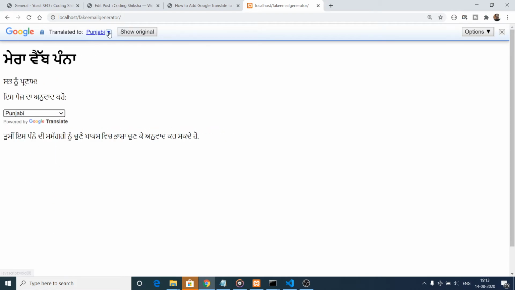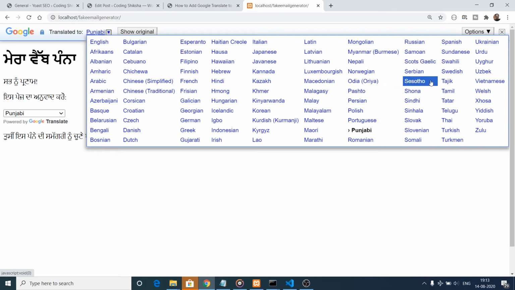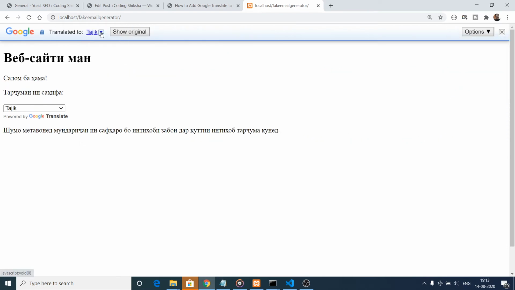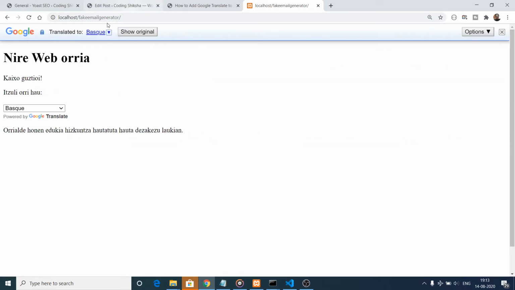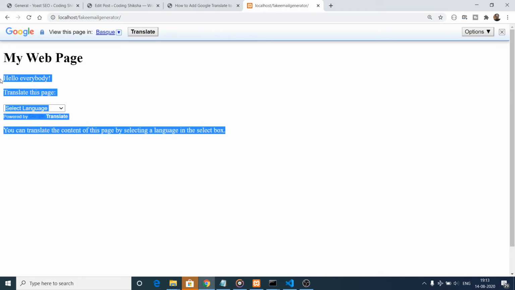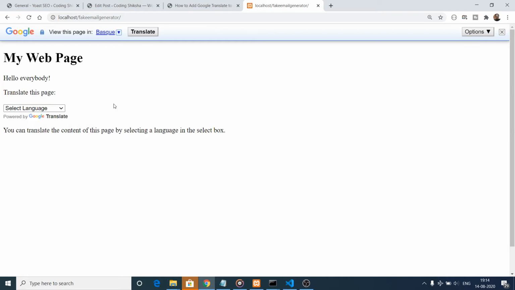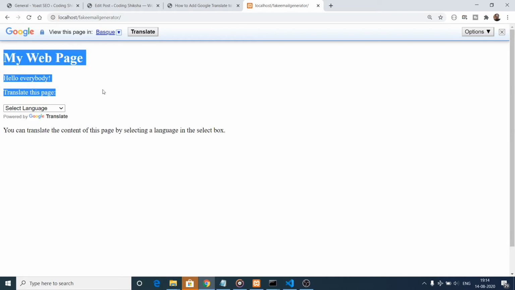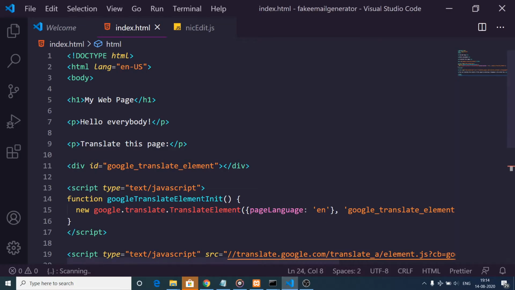You can also select from here. You can see that it is a nice user experience as well. At any point of time, if you want to change to English, you can just click the show original button. You can see that. It will translate the entire website. Here we are just translating these three headings, but your website content will be large, so it will take some time to translate the web page depending upon your website content.